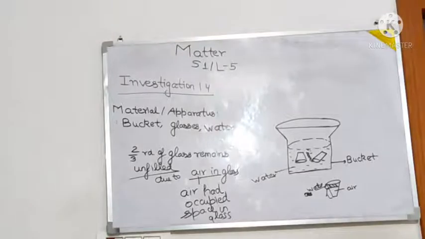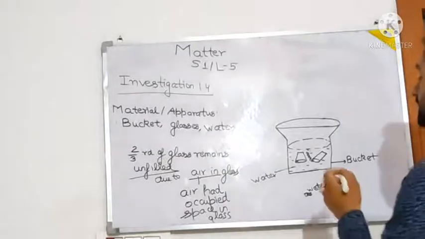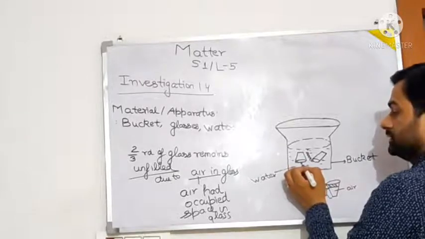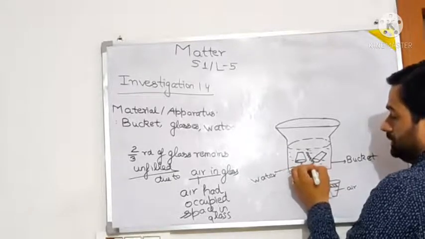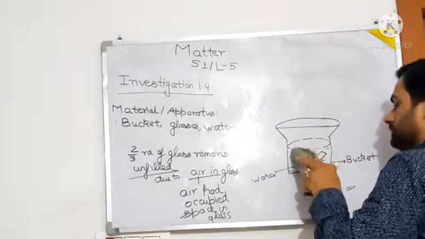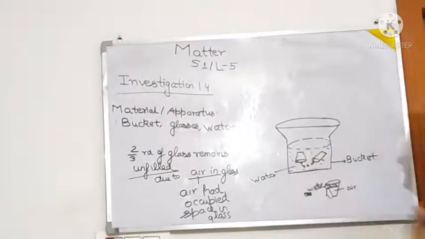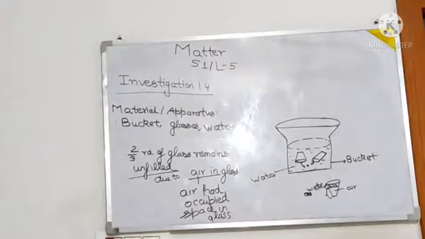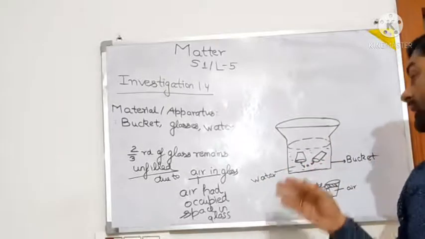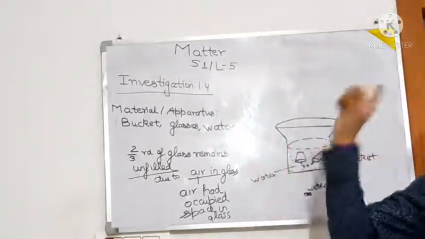Okay. Thus it is observed that the first glass gets filled with water while in the second one, the volume of air increases. So basically these bubbles from the first glass are collected into the glass like this. Okay, the bubbles will not go up. The bubbles are collected here. Okay. So in one glass it gets filled because of air coming out, and that air which is coming out is collected in another glass.